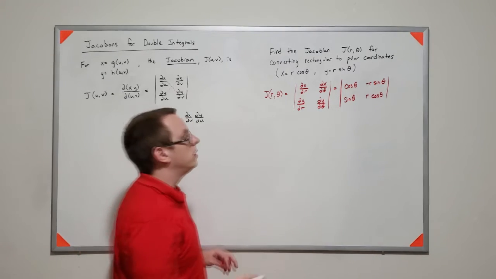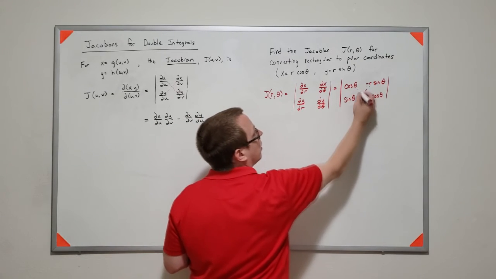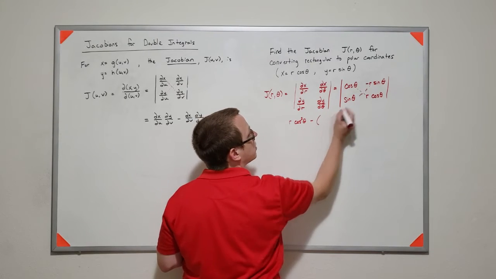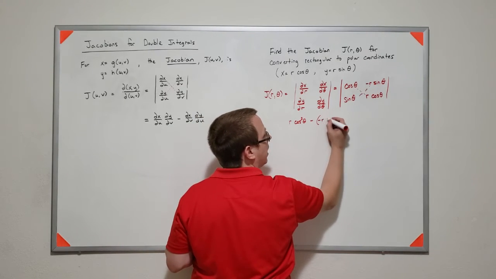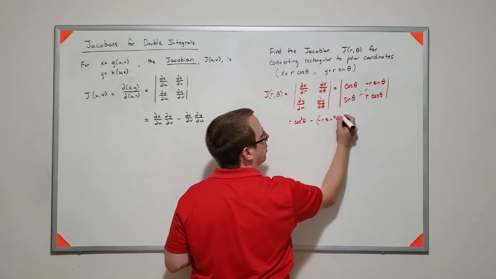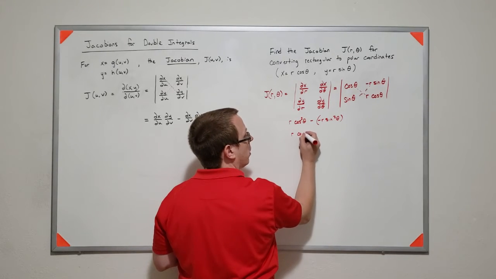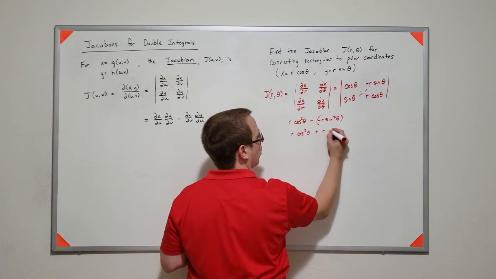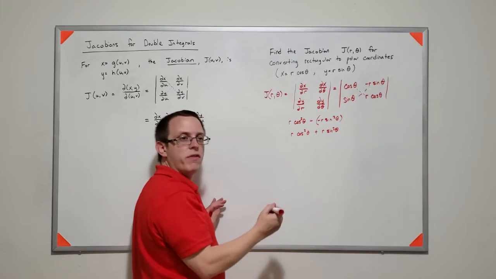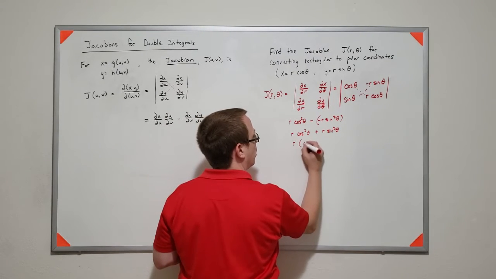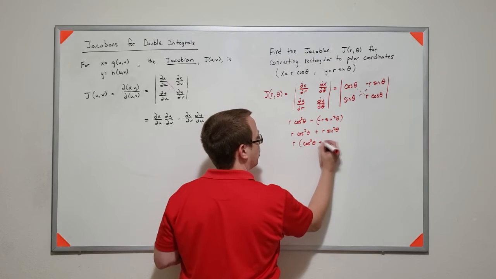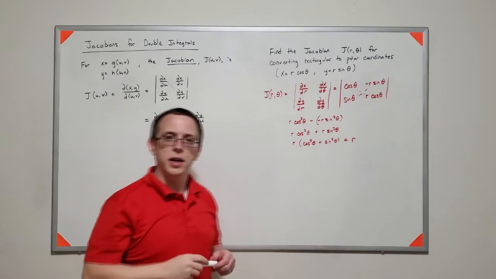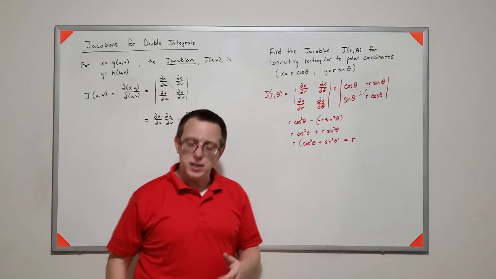So when we take this determinant here, we end up with r cosine theta squared minus negative r sine squared theta, which is r cosine squared theta plus r sine squared theta. And if we factor an r out, we get r times cosine squared theta plus sine squared theta, which we know is the Pythagorean identity, so we know it's just r. And that makes sense because